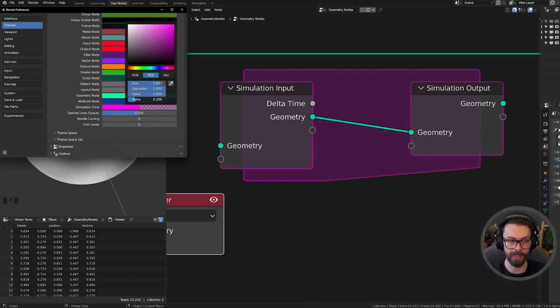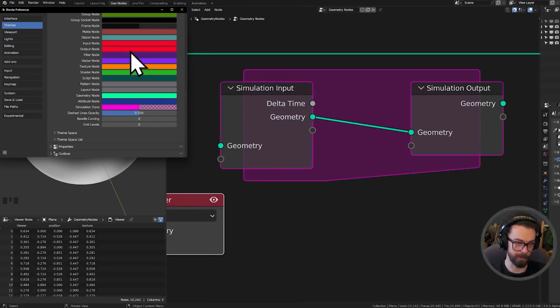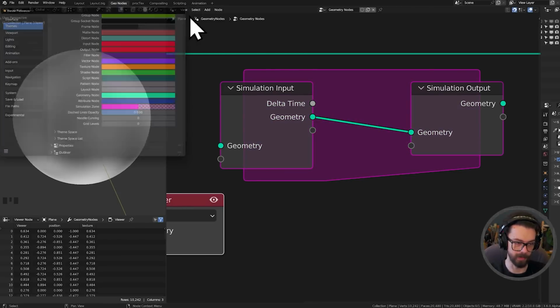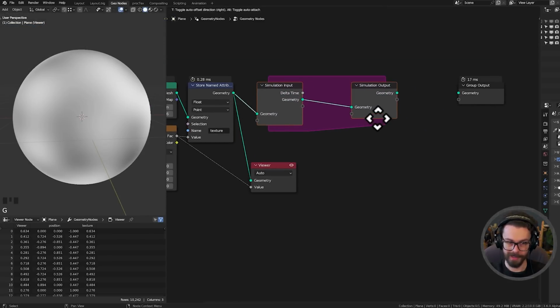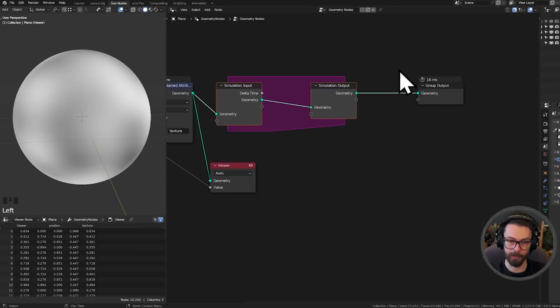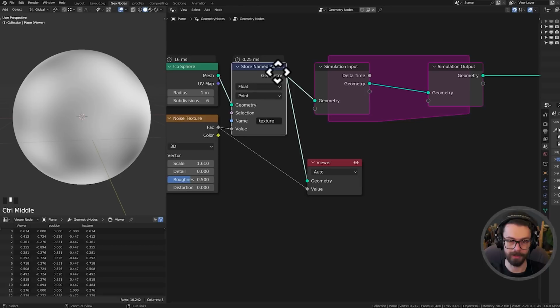If you want it to be a bit more neon and opaque, then you can do whatever you want with this. I'm going to leave mine bright. So you can obviously play this however you want. Store named attribute goes into your simulation input, simulation output goes to your geometry output, and we're going to simply